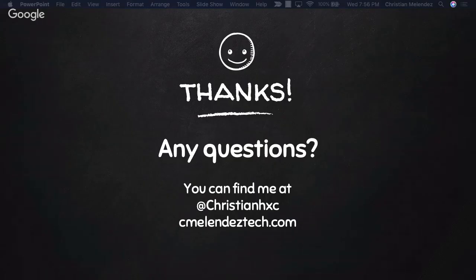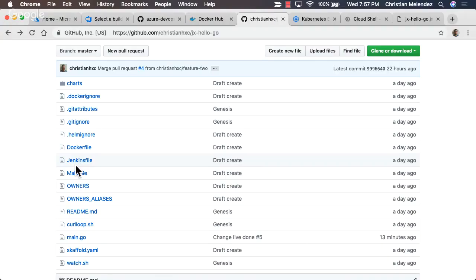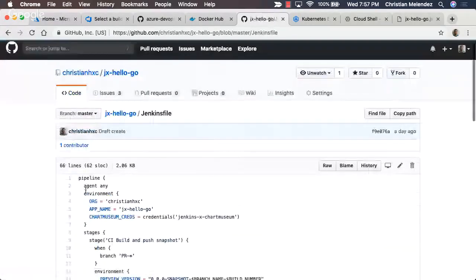On Jenkins X, you still have to create a Jenkinsfile? I didn't see any Jenkinsfile you referred to. Okay, the Jenkinsfile is created by Jenkins X. It's still a Jenkinsfile. Okay, let's just wait a little bit. The Jenkinsfile is still here, and this is the repository. So it is being created for you if you don't have one.